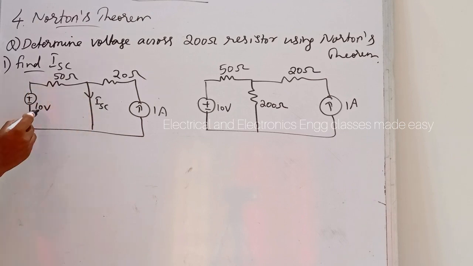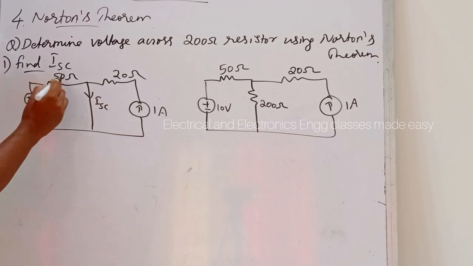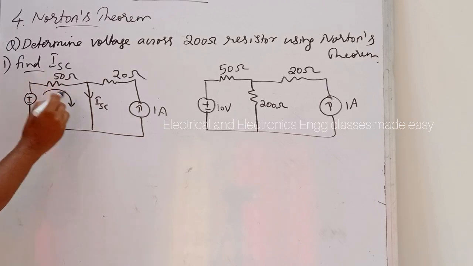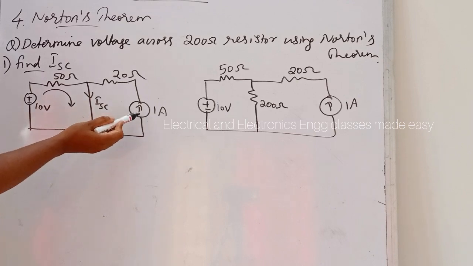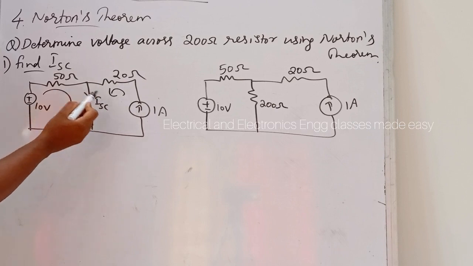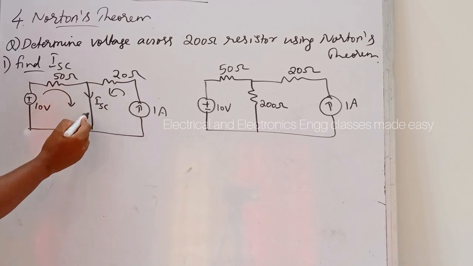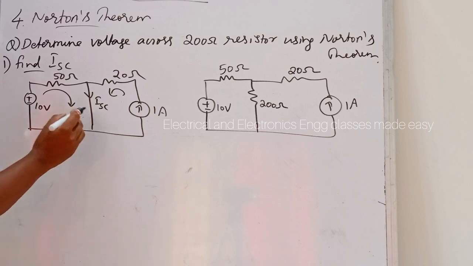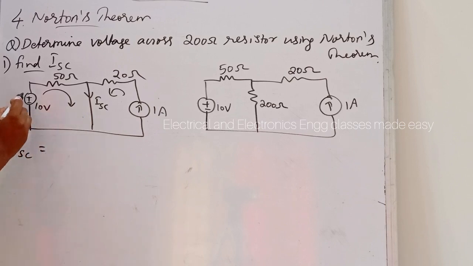And here there is one voltage source and a resistor. So here the current will be flowing in this direction, and here this current source direction is in this way. So the sum of these two currents will be flowing through this branch. So we can write ISC is equal to, so what is this current? It is V divided by